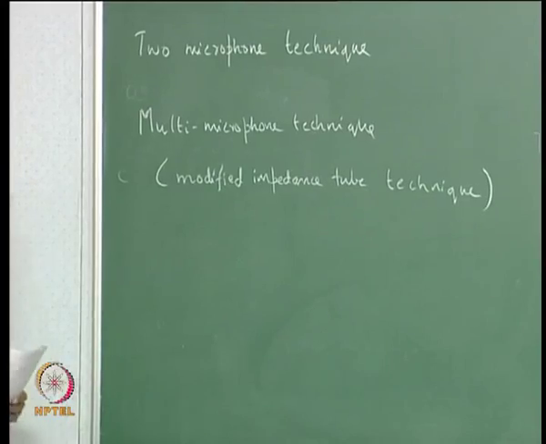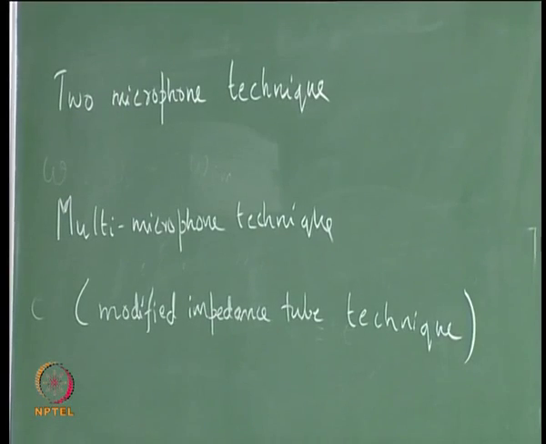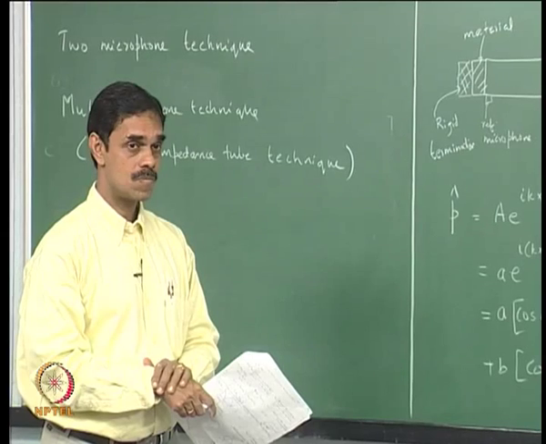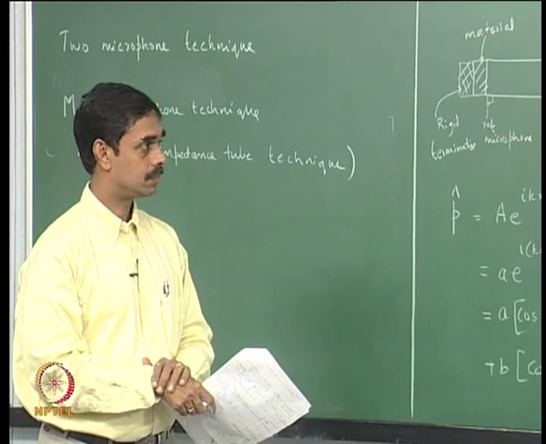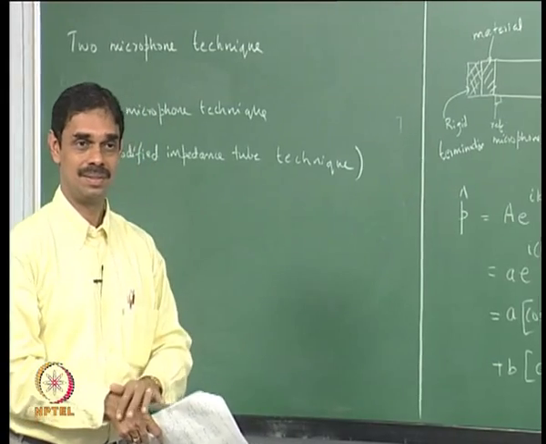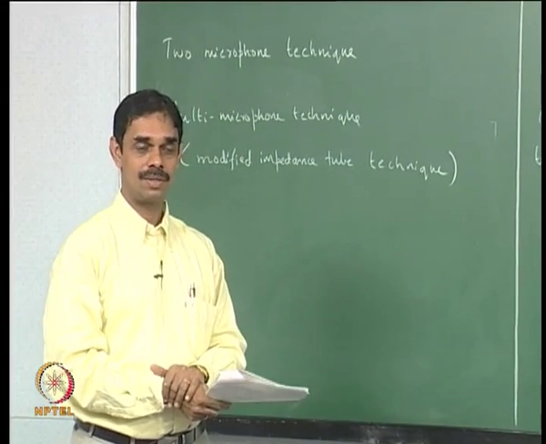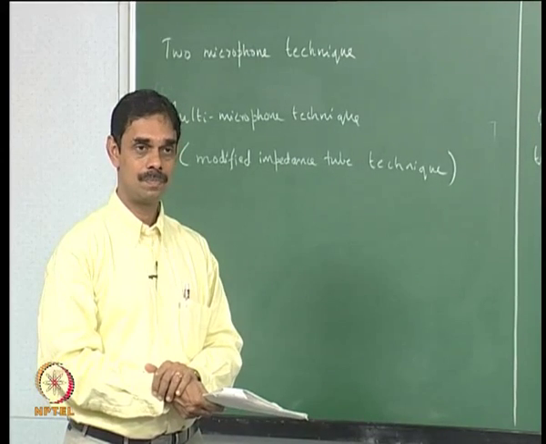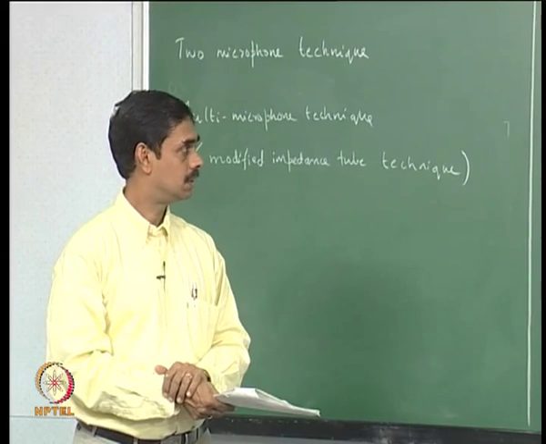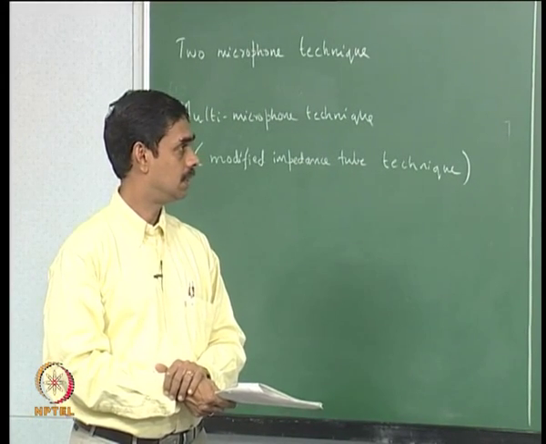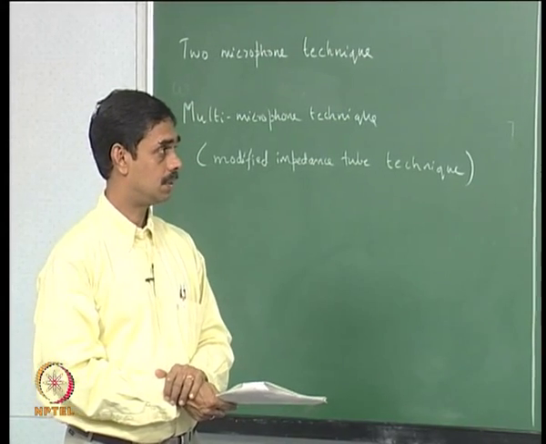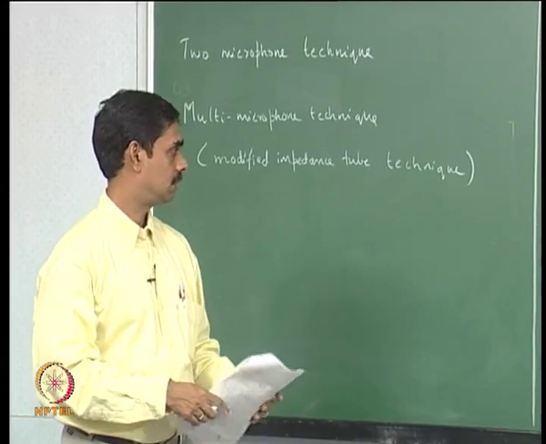I am not assuming anything. If you get the other way, then A is P max minus P min by 2, and B is P max plus P min by 2, we also have the same solution. So it will switch. We have two solutions, but that's okay, as long as you pick one, you are fine. What you call A, you will end up calling B. We associate A with e power i kx and B with e power minus i kx. So we basically have two amplitudes for the plus kx term and minus kx term.